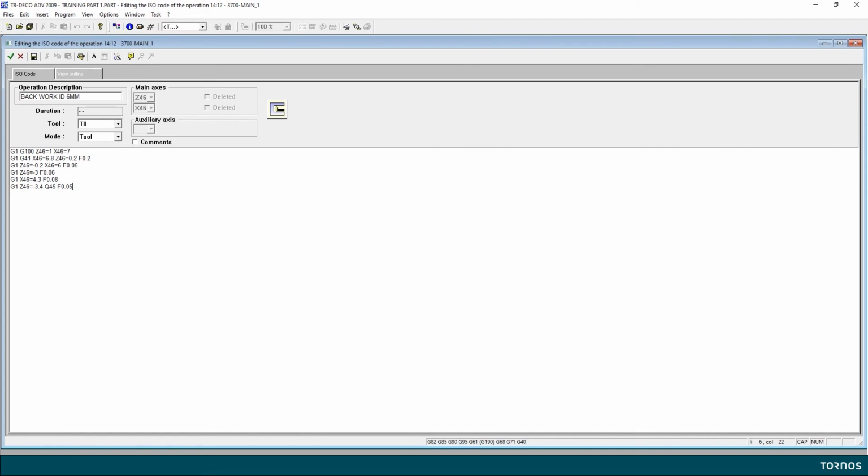In this case, I use a possibility given by TB-Deco: not to give one of the two arrival points. You just give, for example, the arrival point at Z and state what angle, and then TB-Deco will calculate automatically the arrival point in X, which is sometimes very useful. And then I exit in rapid and I cancel my radius compensation. Okay, it is done for the inside turning tool in my backwork.